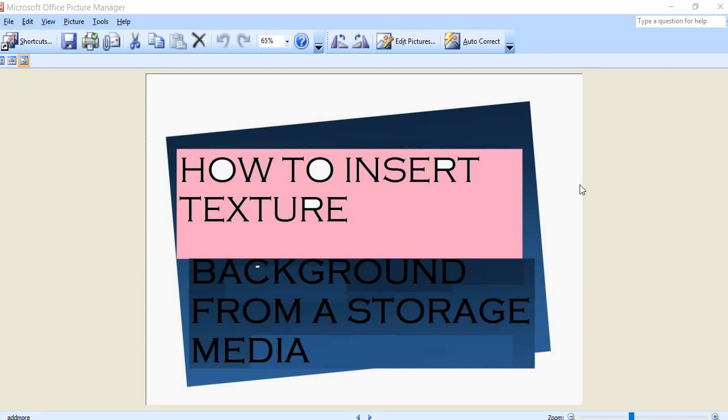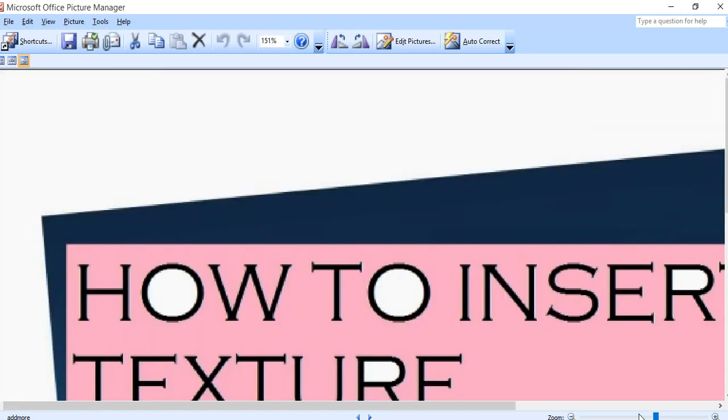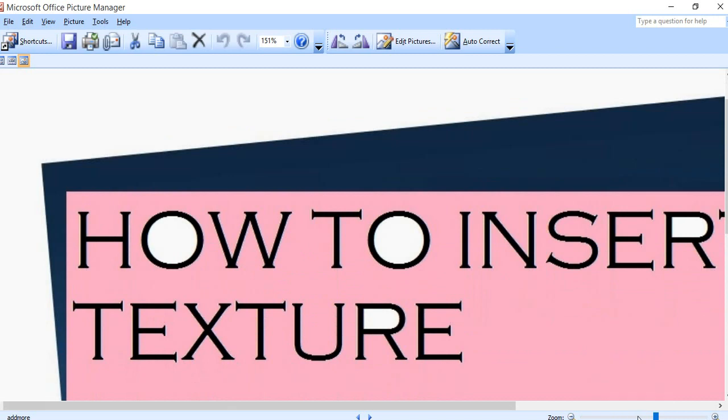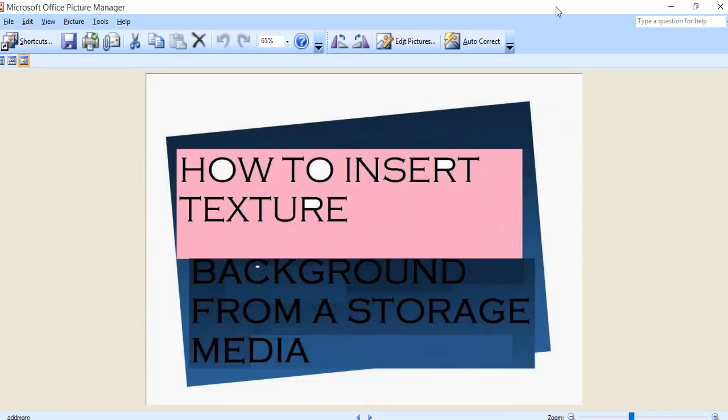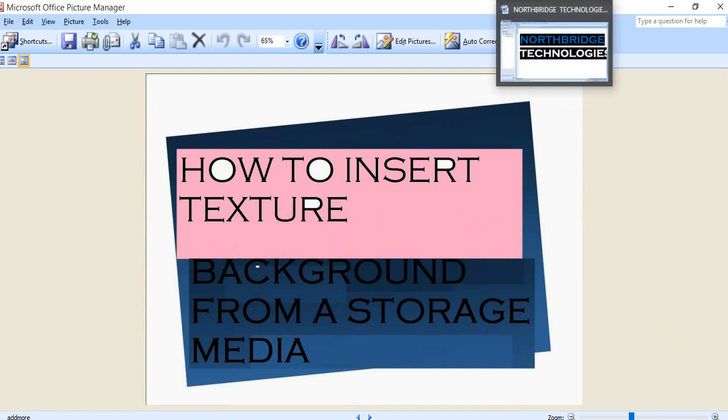Let's see how to insert texture background from a storage device. You could be having your photo or your image, any texture that you maybe kept somewhere on an external or any other peripheral device. So these are the few steps of how one can pick that item from those other sources, then you include it into